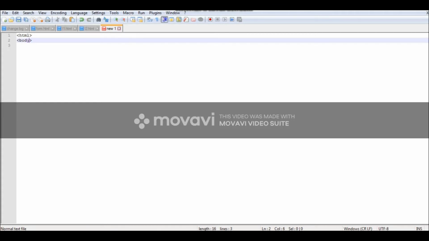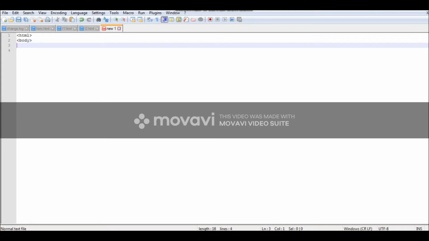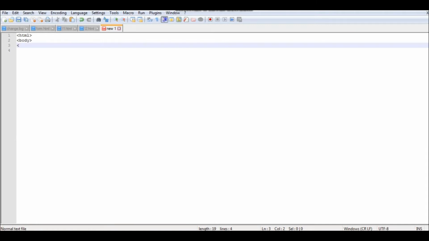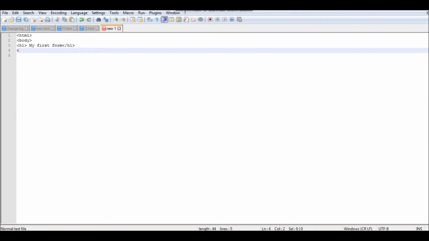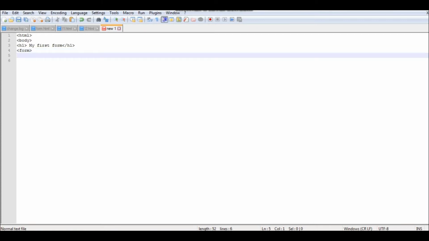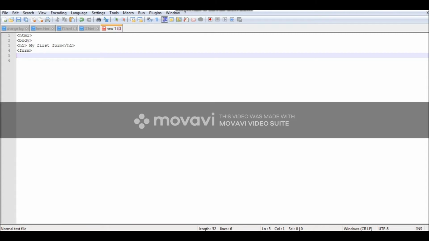Now, see, I am going to type something such as what is your name, your age. See here. So, before that I have to use some basic information that what I am going to create. So, I am using h1 tag which is used for enlarging the data, and so the text which is enclosed in an h1 tag is my first form. Then here I am using form tag. Form tag has many attributes, but right now I just use form tag for creating a simplest form.